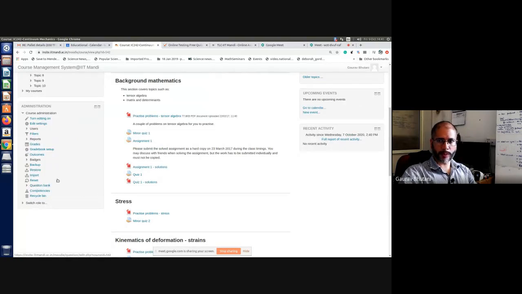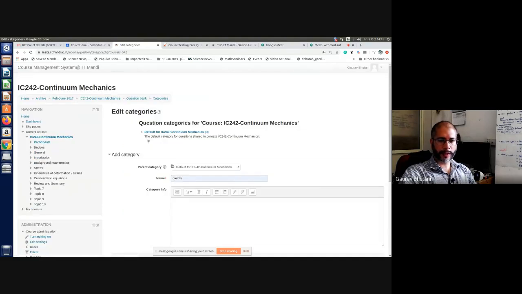So in my course, I go to this option called question bank. I drop this down and go to categories. I'll have to generate different categories where each category will have only one question. Each student gets only one question from a given category. Let's say the category falls under the top of the course. That's the tree where the categories are stored. The first question that the students get is from chapter 1. So I'll have one question from chapter 1 and one question from chapter 2 for each student.